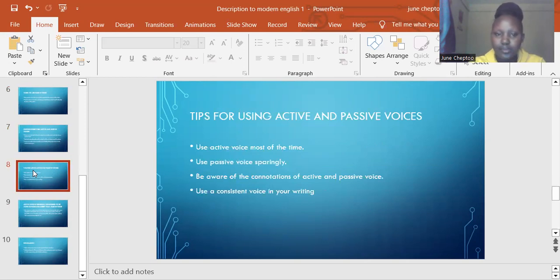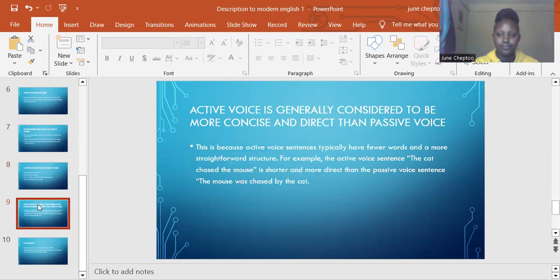Next, we're looking at the tips for using active and passive voices. We use active voice most of the time, but passive voice sparingly. Be aware of the connotations of active and passive voice. Use a consistent voice in your writing. Lastly,